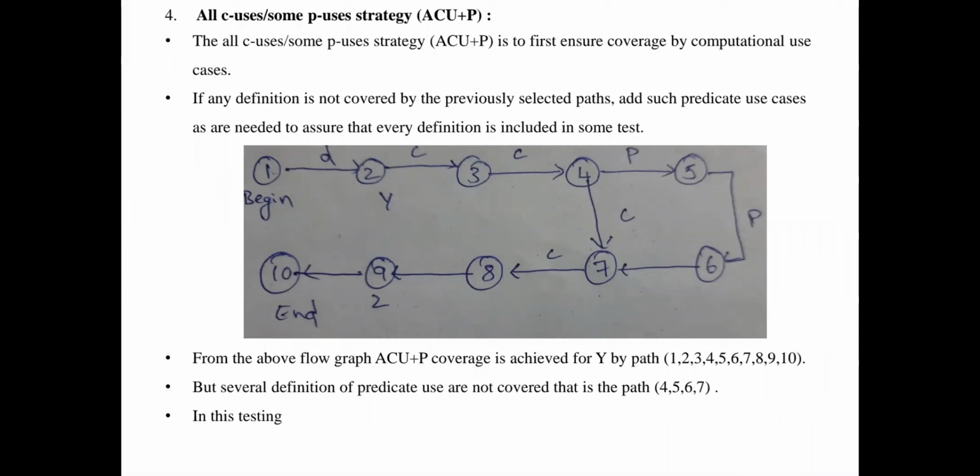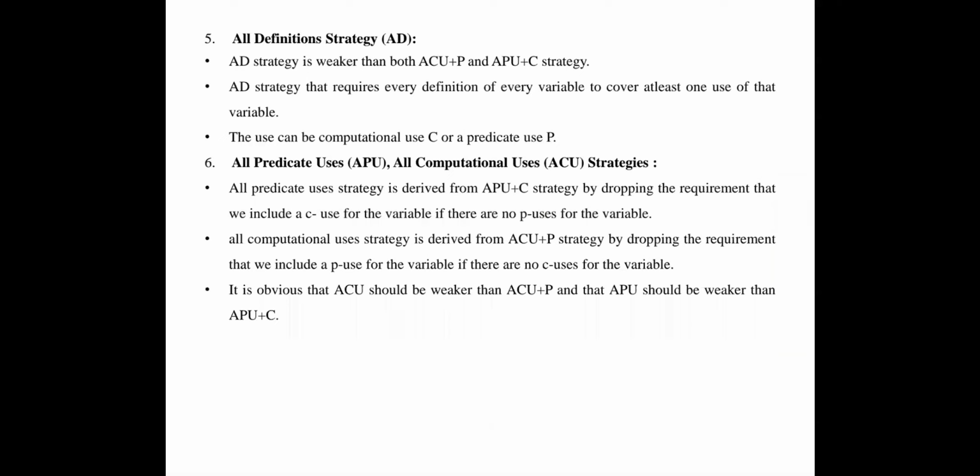So nothing but the strategies: we take different test paths and apply different strategies. If a path does not satisfy that strategy, we apply some additional links to satisfy it. That is what these strategies resemble. Okay, so these are the four. This is about the fourth strategy of testing.